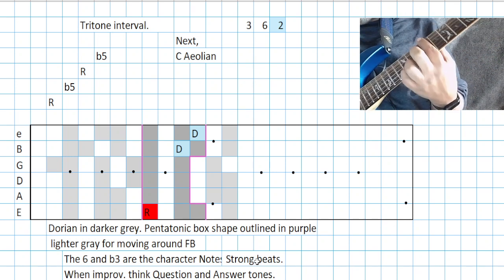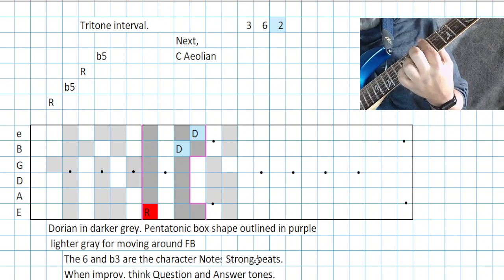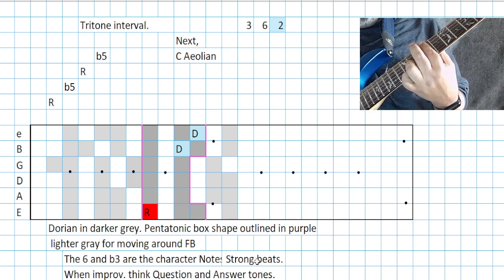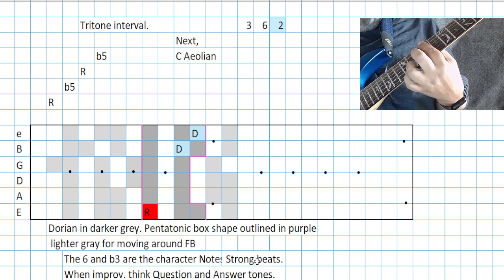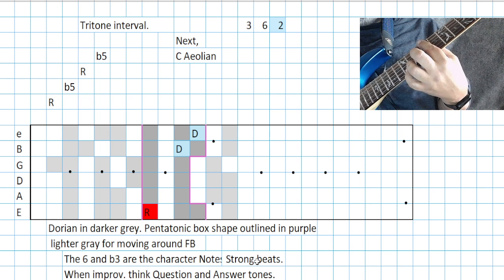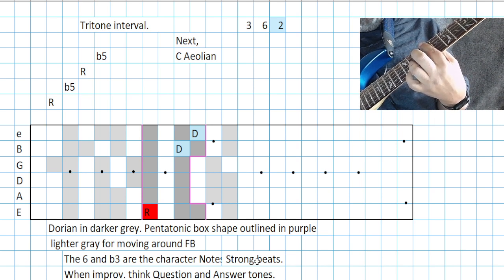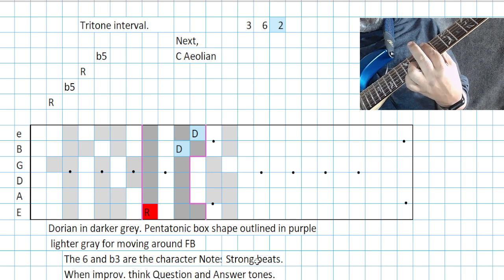Because the seventh identifies it as a minor, and the minor third identifies it as not Mixolydian and as Dorian. No, no, no, sorry, that's wrong. This has got the raised sixth for Dorian, but there's a major scale that might have a raised six, so it's got the flatted seven. But you might want to include the third